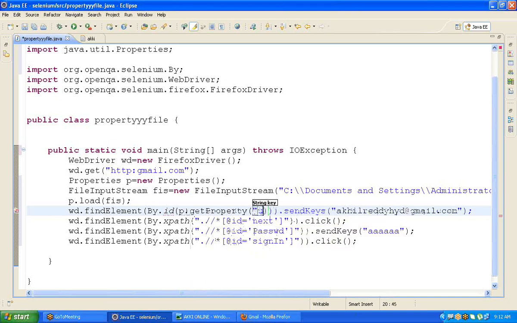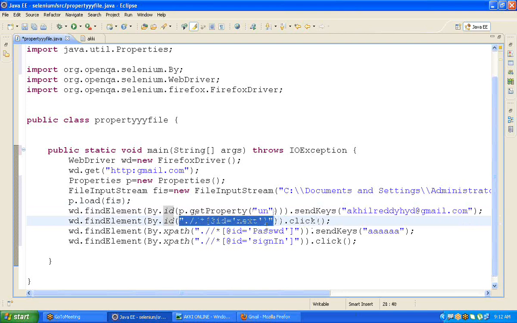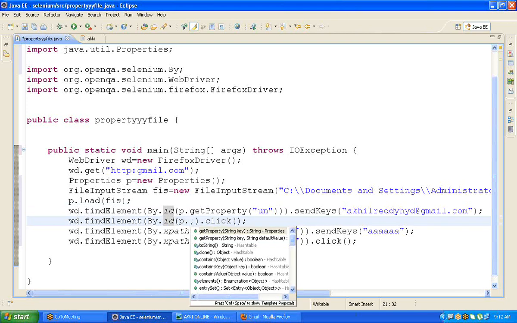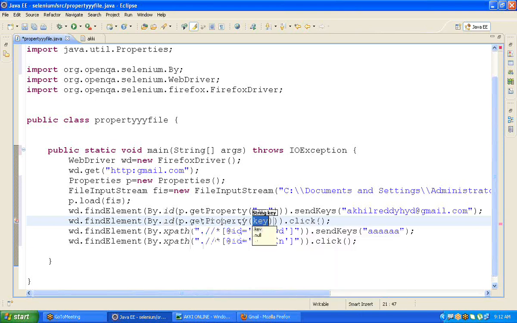I'm giving un, which I mentioned in the property file, because I'm using the ID property. So p.getProperty, I'm giving next. I gave next.